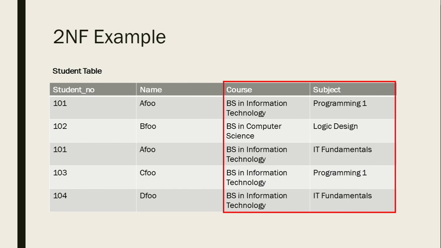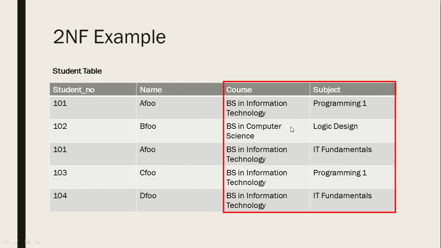Now, in this example, this particular table is not in the second normal form. The reason for this is because of the course and the subject columns. The student number primary key identifies the student's name, but it does not identify the course and the subject, which means if I query student number 101, it doesn't necessarily mean that I will always get the BS in Information Technology course or the BS in Computer Science course, because the student number 101 only